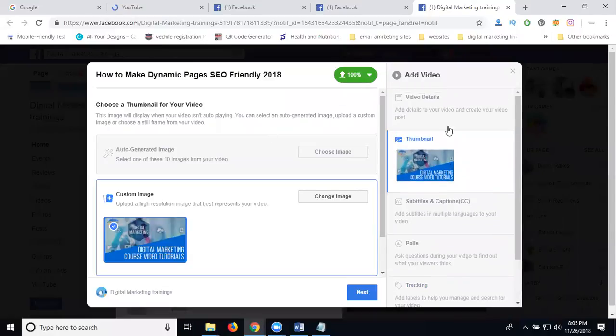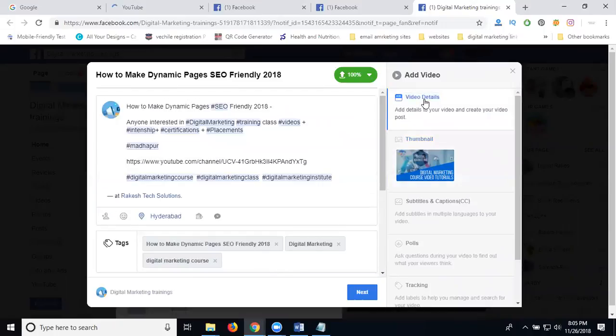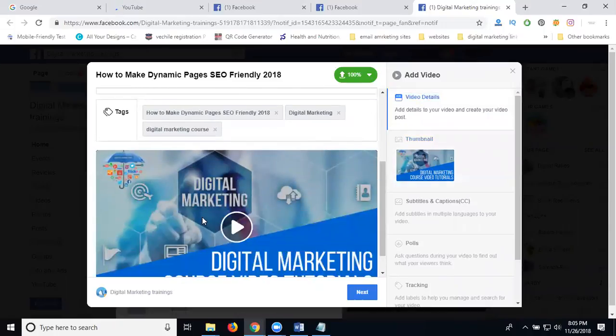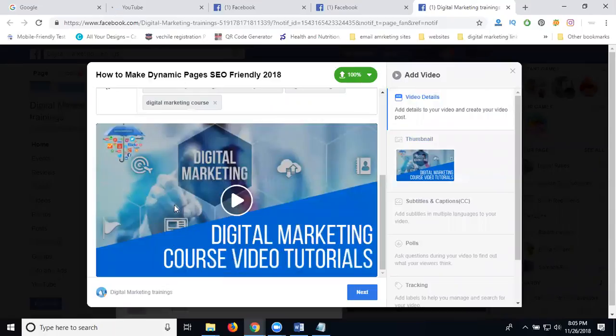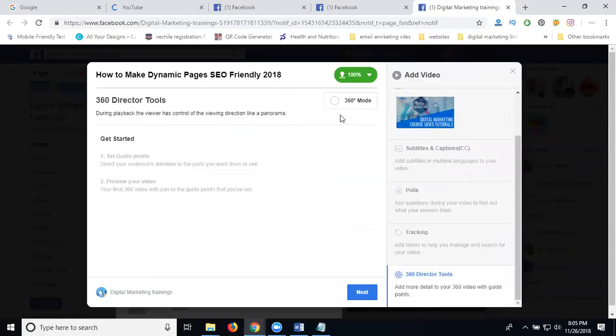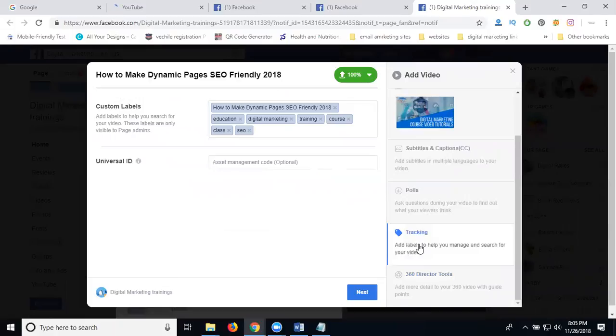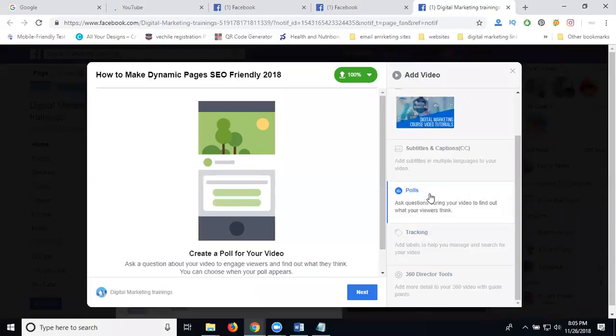Now coming to your video details. Everything is ready. Image ready. The video will be ready for posting. When you click next, the last one asks for 360 direction tools. Anyway, the video will show the direction tool. Next, tracking. Select your polls. Polls are something you can add in between a video. Each poll requires a minimum of 2 questions. You can show your poll only after 10 seconds. In every video, after 10 seconds, the poll will be visible.